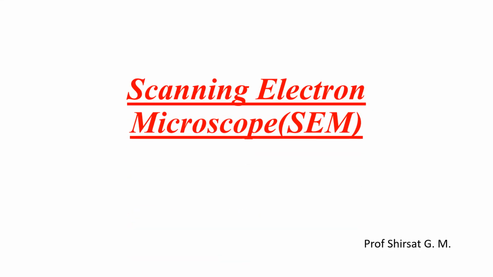Hi and hello everyone. Let's see another new topic, that is the scanning electron microscope, which is also known as an SEM. So what is SEM? It is the most widely used type of electron microscope, and it examines the microstructure by scanning the surface of a material, but with a higher resolution and with much greater depth of field. The most important feature of SEM is that it makes an image with a three-dimensional appearance because of its large depth of field. So let's see with an introduction.